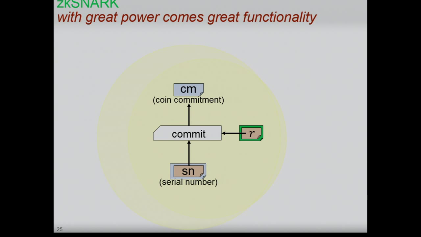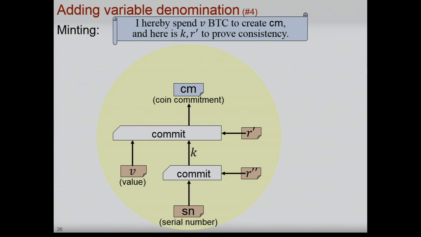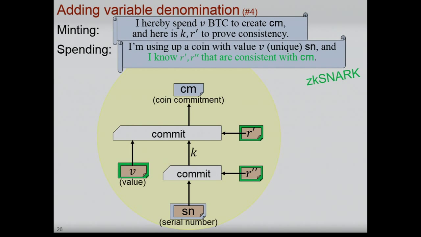But once we do that, we can use the NP power of ZK SNARKs to get additional functionality that was not achieved by any of the prior attempts at anonymity for Bitcoin. For example, you can add variable denominations, coins with different values, by adding an extra commitment. I'll go over this very quickly just to give a feel. I know we won't have time to verify the details, but to mint, you say that you spend V Bitcoins to create a commitment, and you actually reveal the value, it's public, and you also reveal the randomness for an outer commit, but there's another extra commit down there that you do not reveal, and to spend, you actually reveal everything and show that it's consistent,